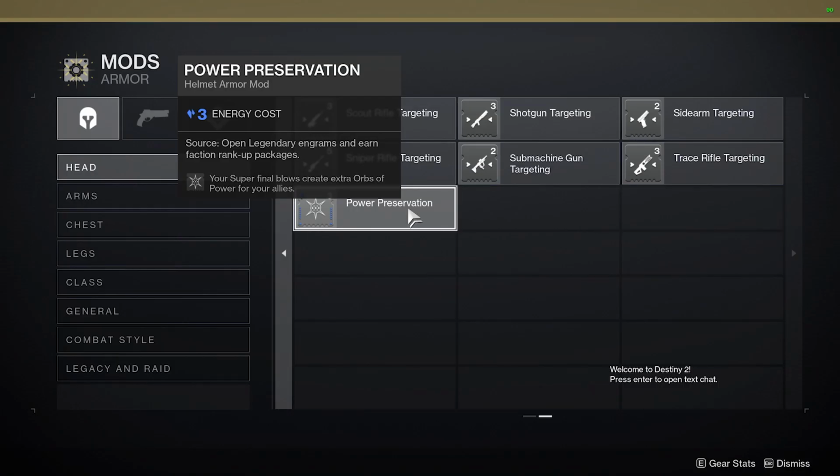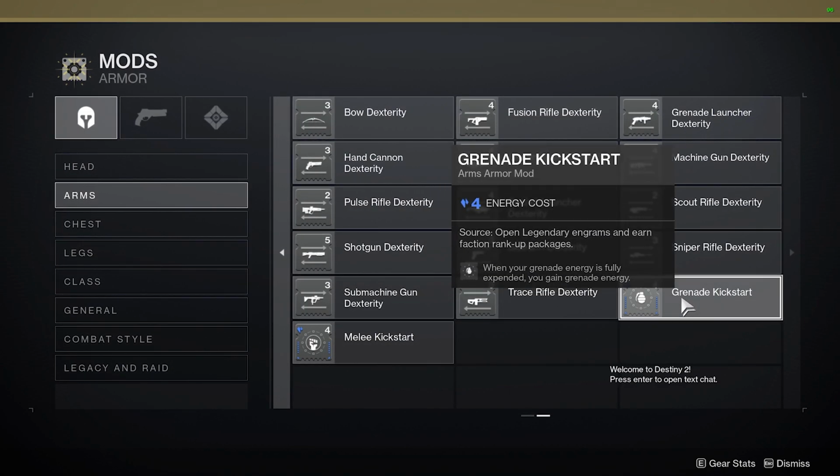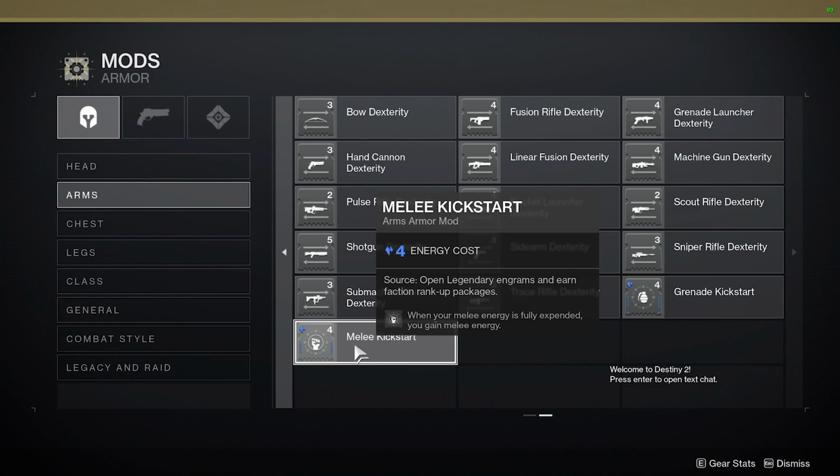Alright, we're really quickly going to go over some mods that you guys are definitely going to want to have on, depending on what builds you're running in GMs this season, but Power Preservation is a really good one, where your super final blows create extra orbs of power for your allies. This is extremely useful. Another good one you'd want to look into is Grenade Kickstart if you're a Warlock running Stasis turrets especially, as when you throw your grenade and the energy is fully expended, you will gain grenade energy back instantly. Melee Kickstart is also one that you would want to look into, especially if you're a Hunter running